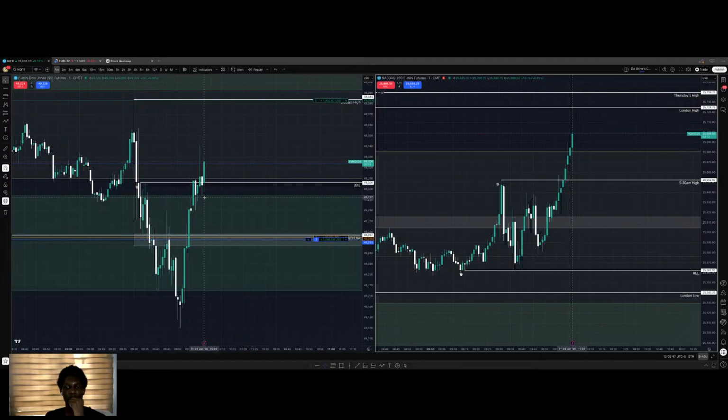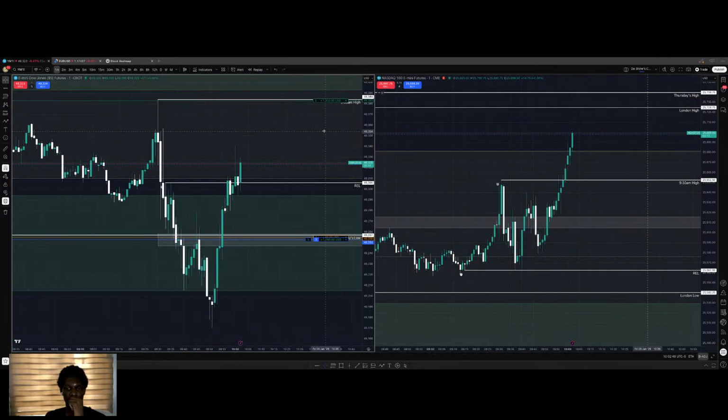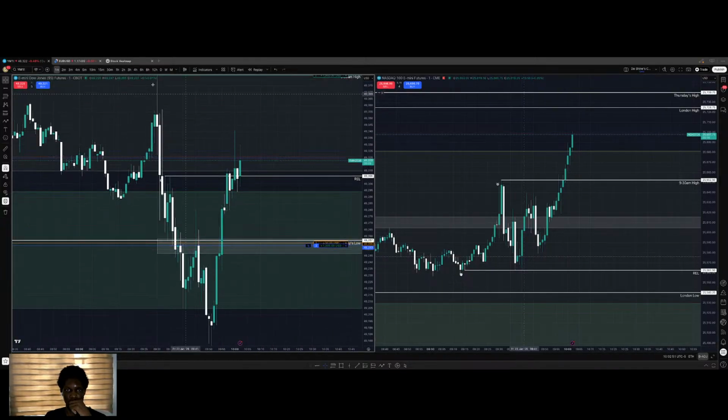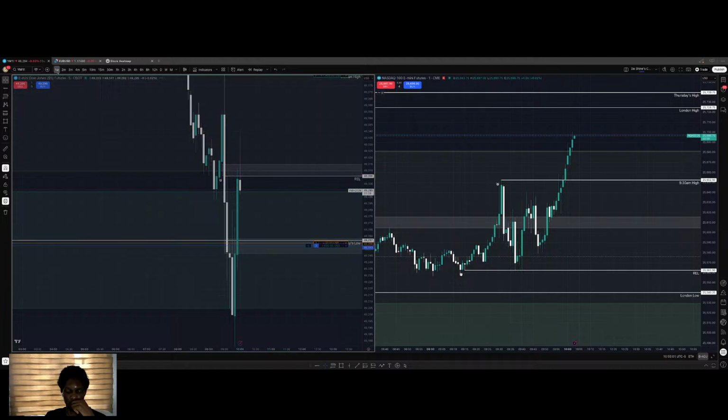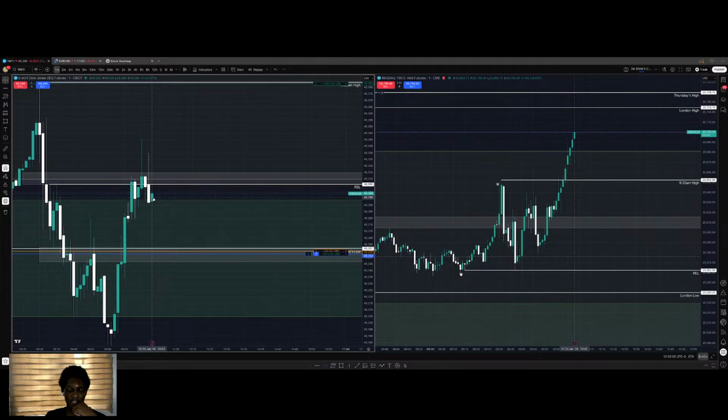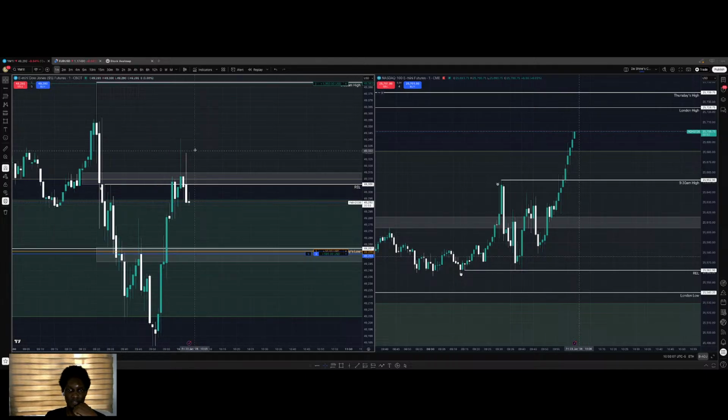So a strong candle close above this order block would be nice. What would also be good is after 5 minutes, we invert this gap. So you see it's still not closing above. So if we have a green candle close at the 5th minute closing above here or here, that would mean